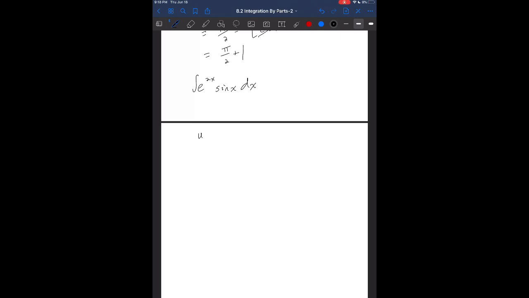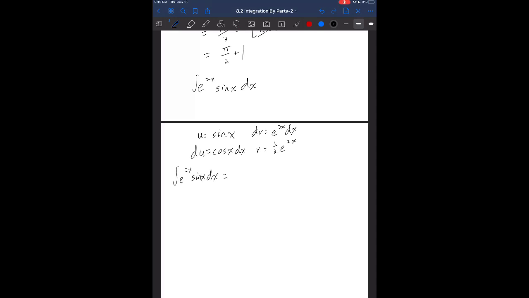So if we set u equal to sine of x, dv equal to e to the 2x dx, taking a derivative of sine of x leaves us with cosine of x dx for du, and an integral of e to the 2x is 1/2 e to the 2x. Okay, so plugging this back into our integration by parts formula, we get that the integral of e to the 2x sine of x